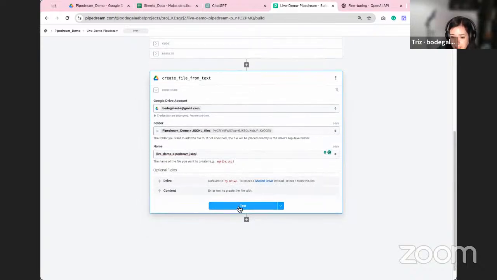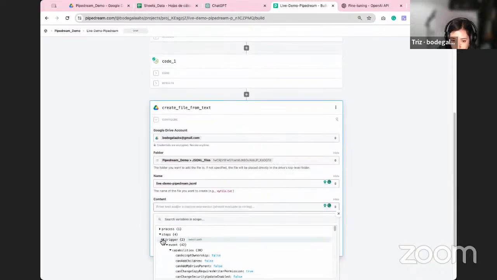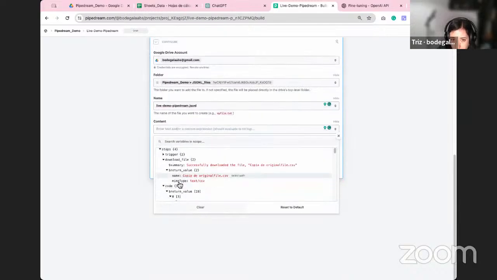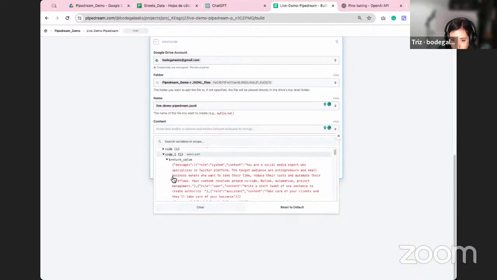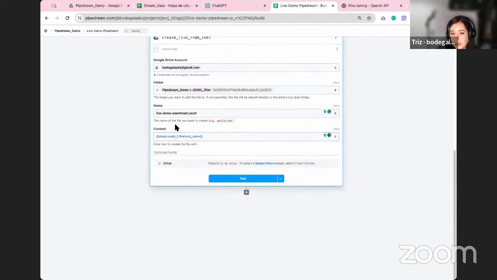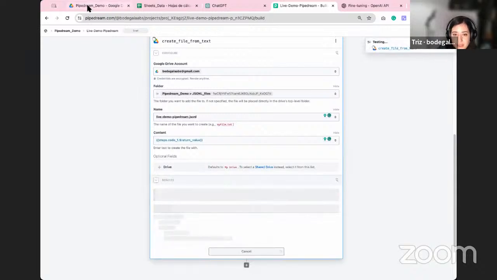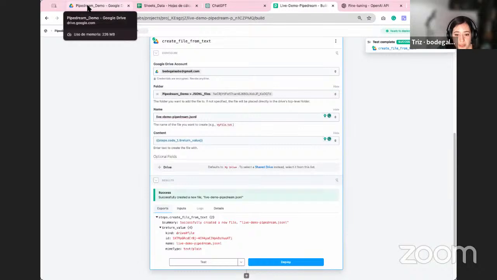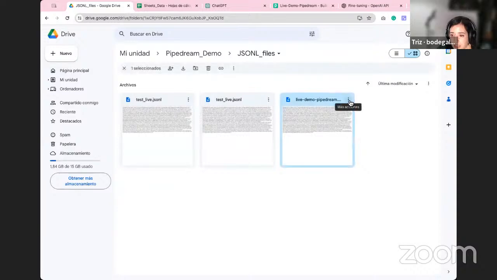Yeah, and that should be it. Oh no, you need to enter the content, and as content we need what we just got on the previous step, which is the code one here. So you select this path, and this is the content that you will be getting into this file. I'm going to test it, and it worked. And now if I go to this file, this is the one we just created, and if I open it,